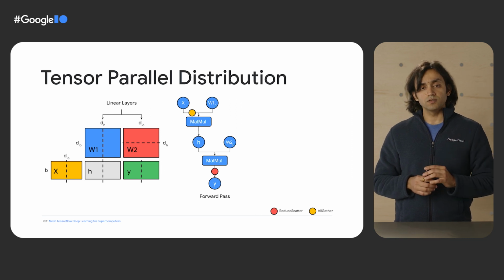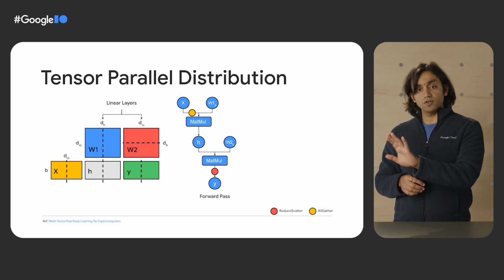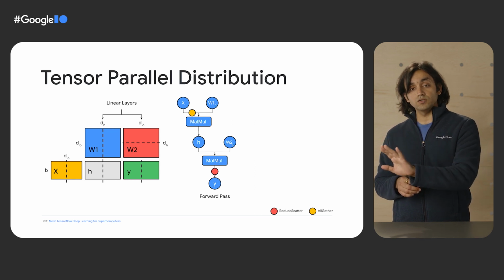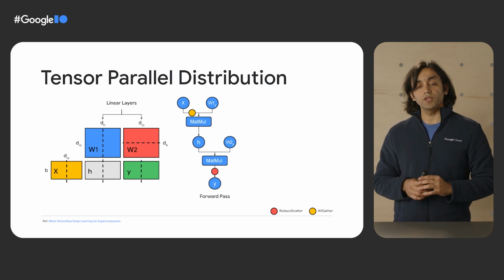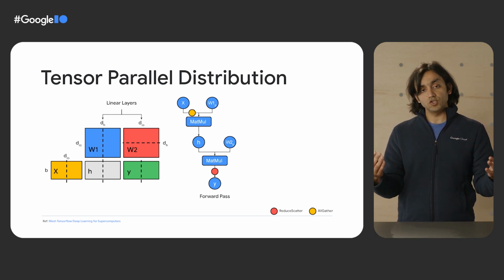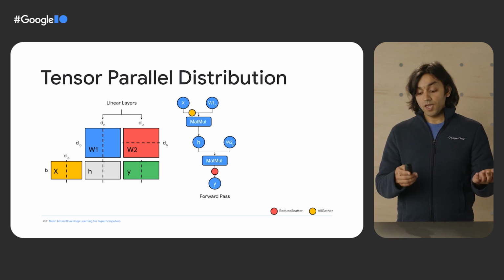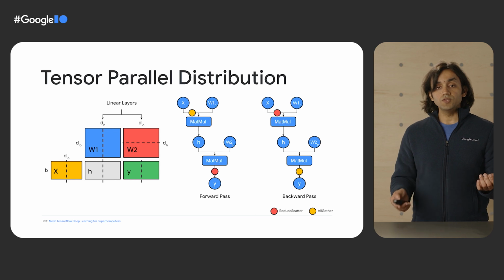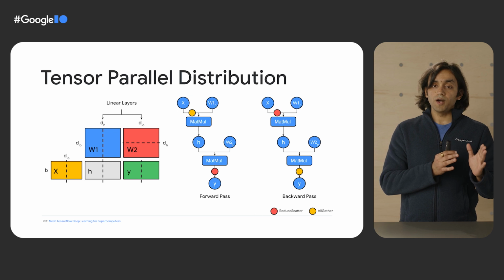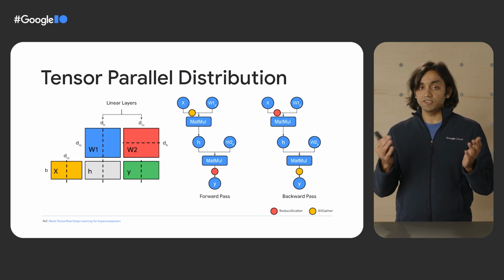Let it sink in for a moment. Simply put, when the forward pass is finished, each device or worker will have the reduced or averaged version corresponding to the shard that it is holding. You can think of all-gather and reduce scatter as conjugates of each other. One in the forward pass means the other in the backward pass. Hence, in the backward pass, we see these conjugates in the reverse order. Once the forward and backward pass are done, the gradient synchronization will require its own communication as needed.